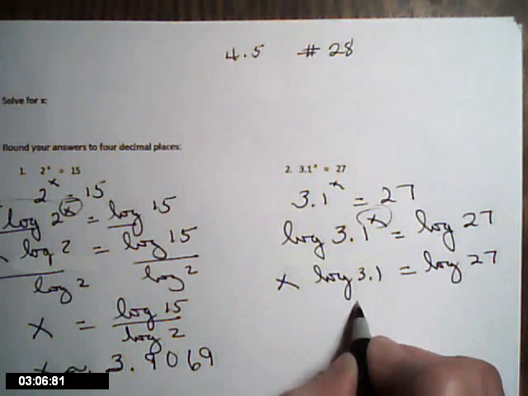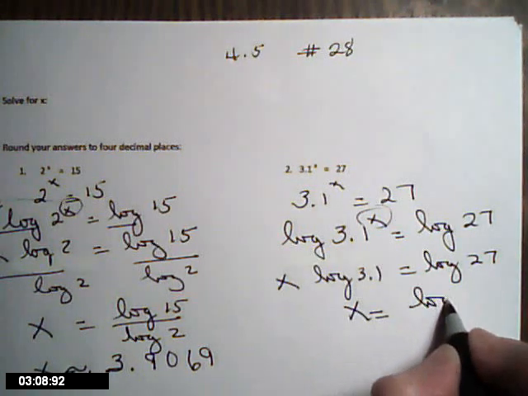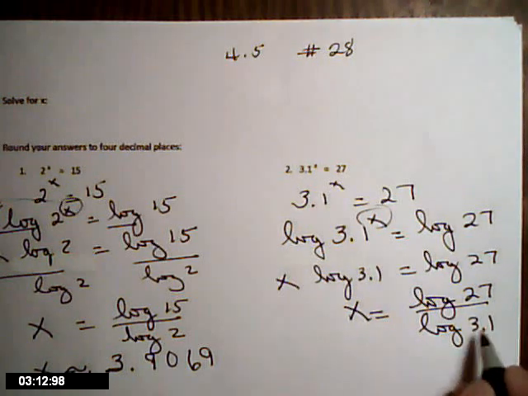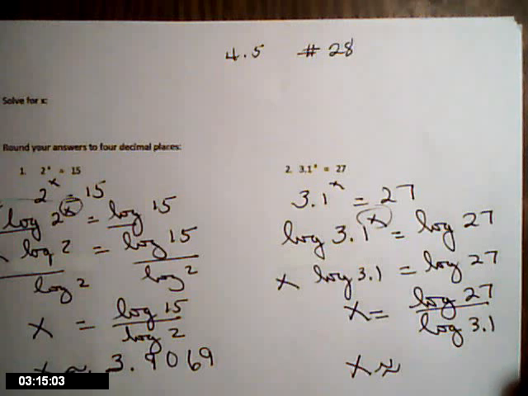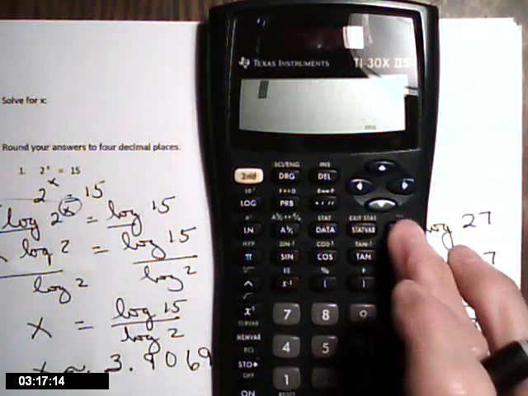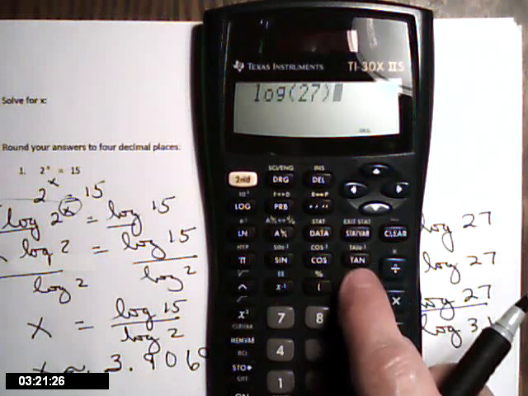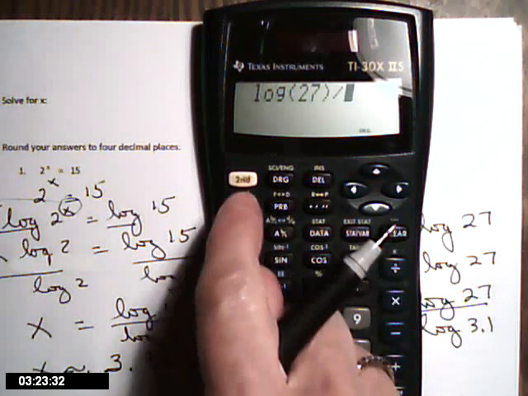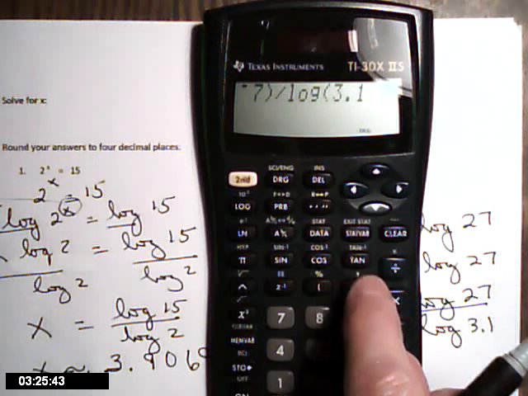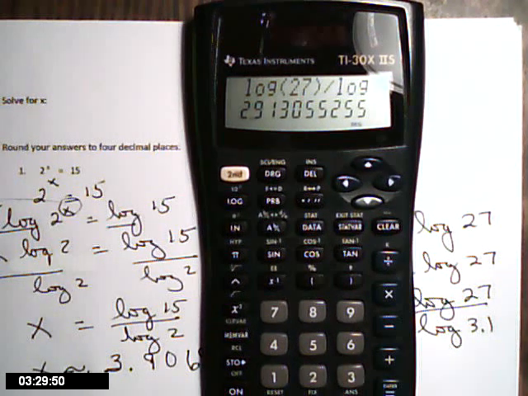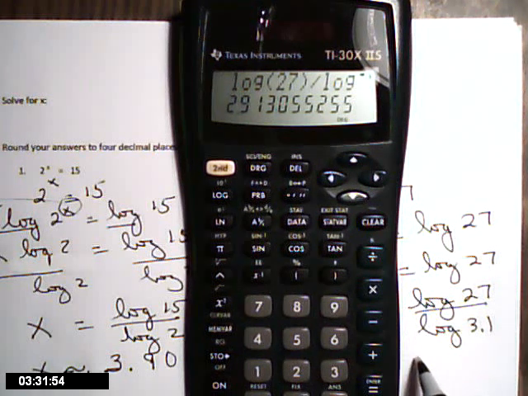And then I'm going to divide so that I have x equals log 27 divided by log 3.1. Now I'm going to round. Now you see me going to my calculator. This is going to be log 27, close parentheses, divided by log 3.1, close parentheses, equals. And I have approximately equal